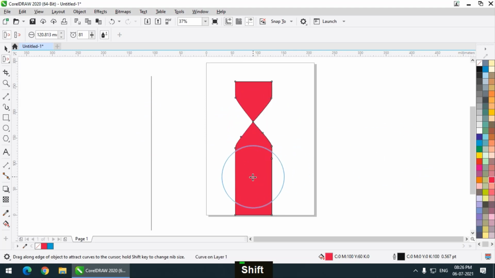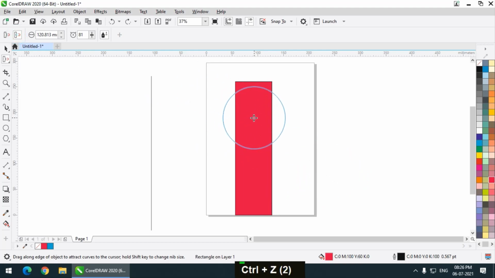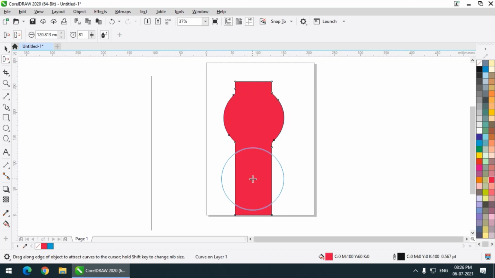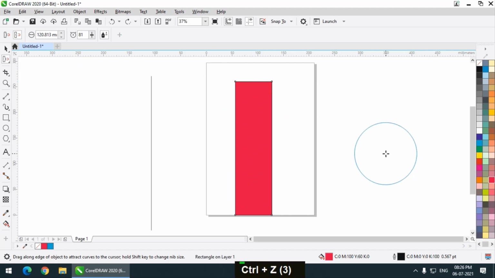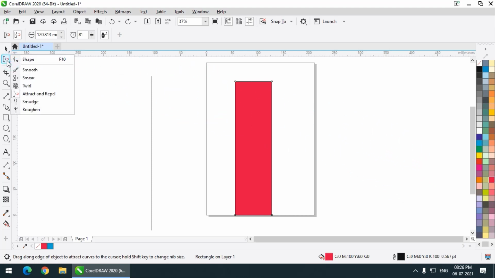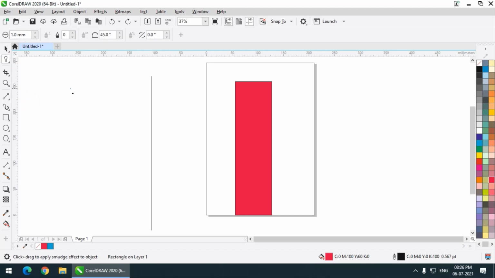This is what can be achieved by using the attract option, and the repel option will do the opposite thing, like this. So these are simply the attract and repel tools. Now in the end we have a couple of more tools. We have the smudge tool.